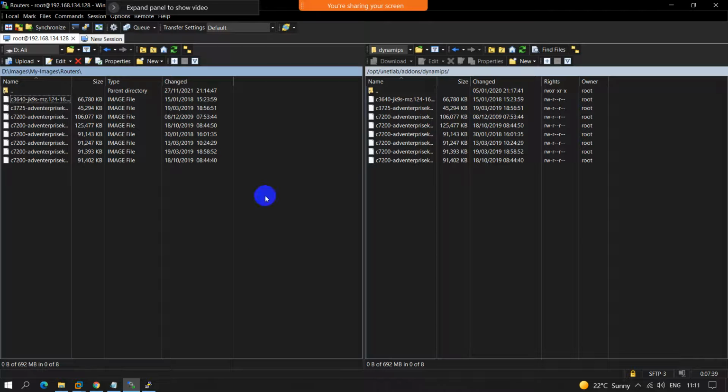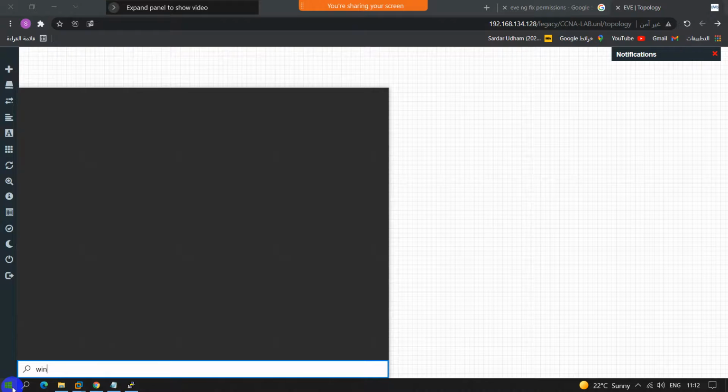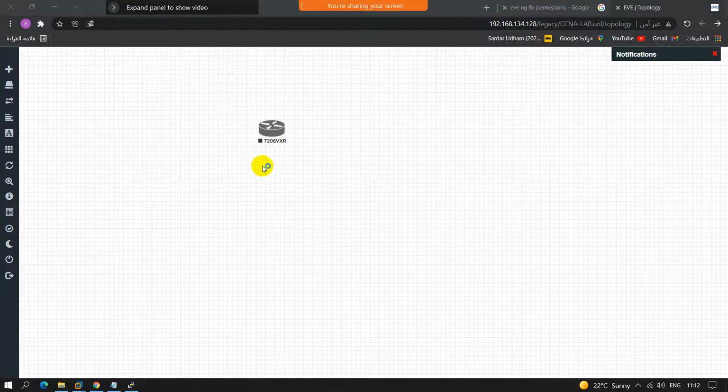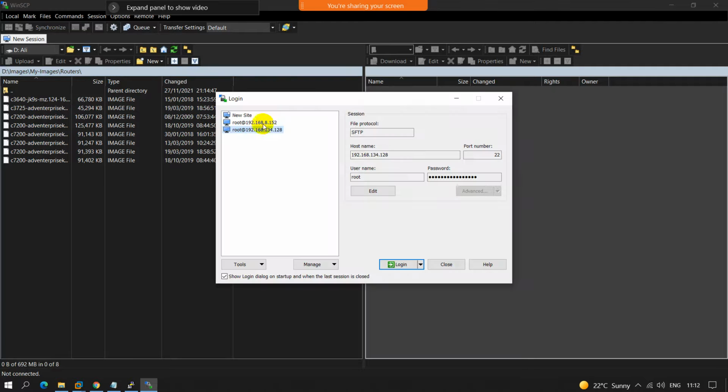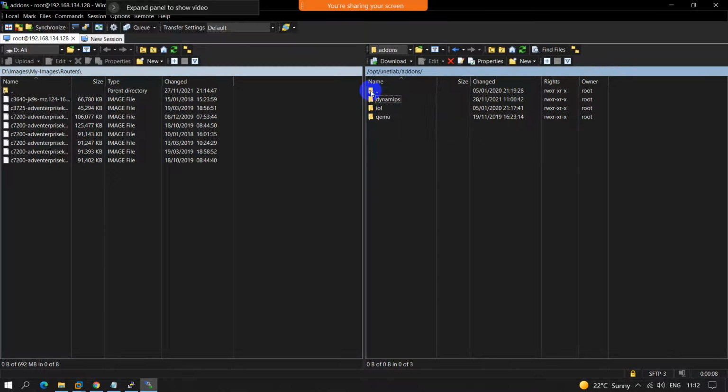So now let's go. Again I need to open WinSCP. This is the beauty, I saved it. Okay, so it's showing me both. I need this one and click login. You don't need to type the username and password. Do you think that's the right directory to put the switches images? No. So click on this folder, and I need to go to IOL, this one, and then bin. So now I'm in the right directory for switches: OPT, UNetLab, ADSON, IOL, and bin.